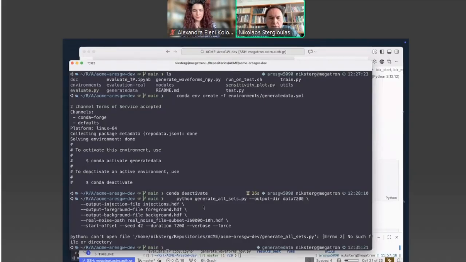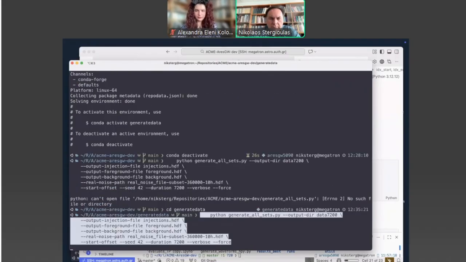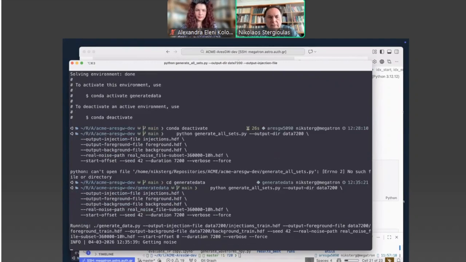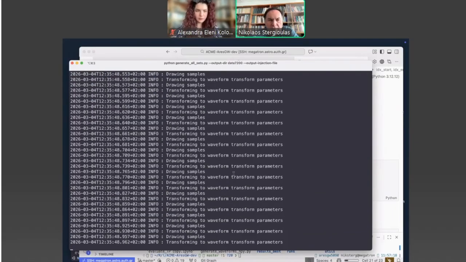I need to go into the directory generate data. Once I'm in generate data, I can run this script. It loads the shorter noise file that I specified here. And then you see that it is looking at the injections.